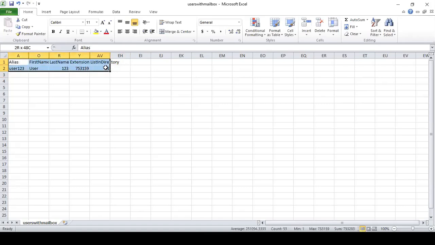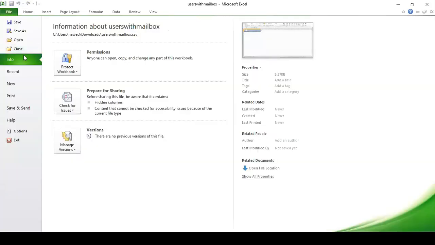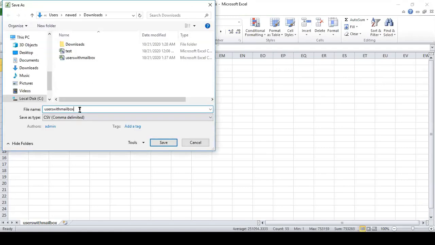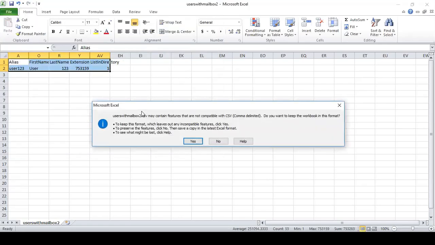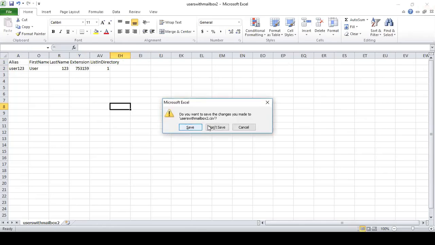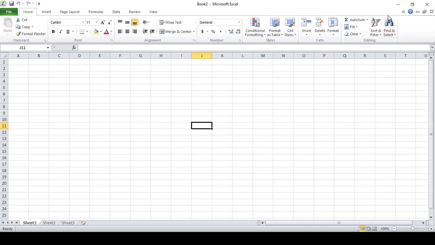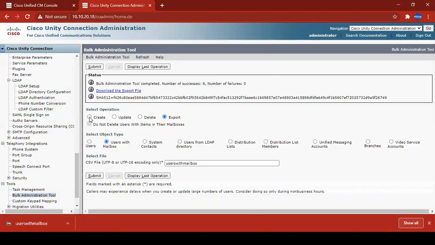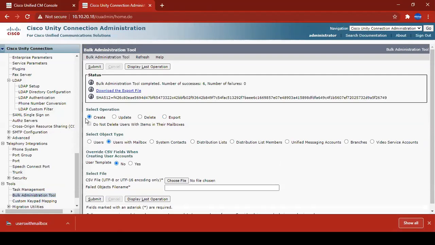All right, now we're gonna just save it as. I'm gonna add 2 here, user with mailbox 2, and it's a CSV file. So I'm gonna say yes. Yes, I wanna keep this. Don't save. Now let's go to the Unity now, and let's do this time under bulk administration tool, create user